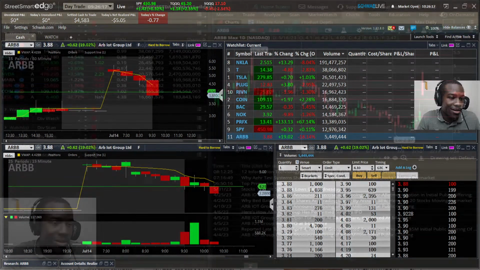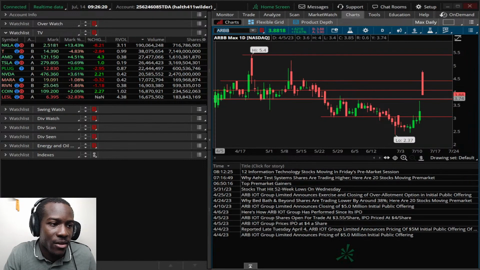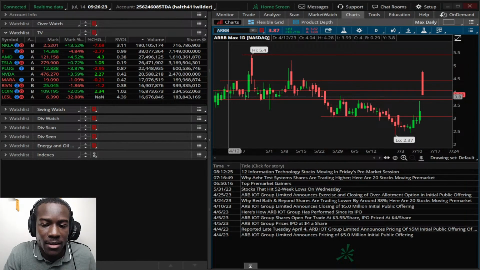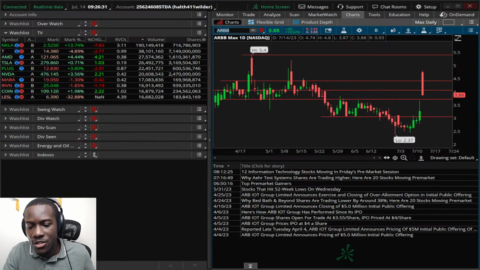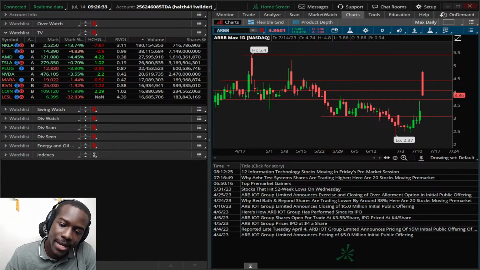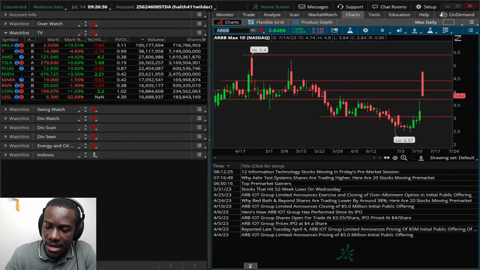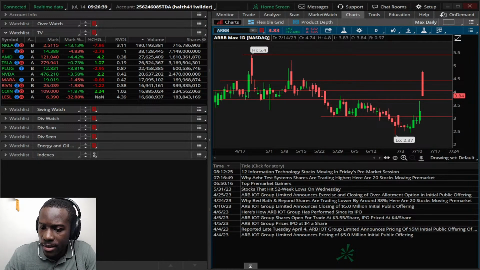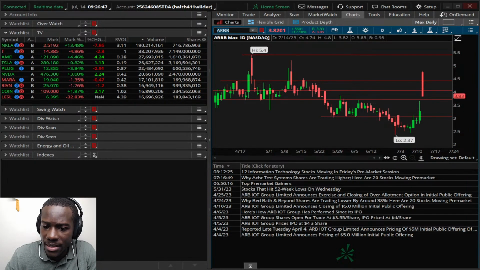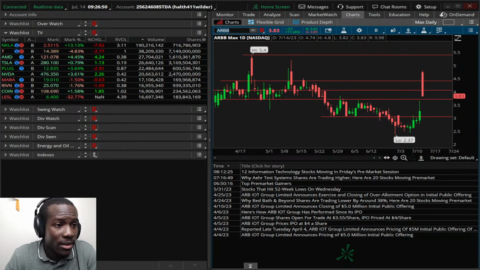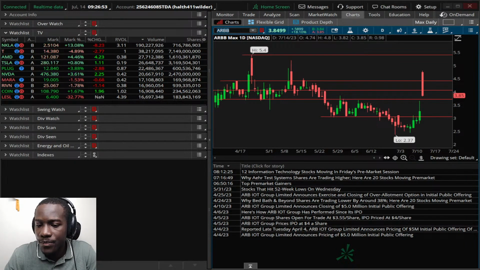And now it is pushing into the second half, and this is what I didn't want to see. It fell to this second half, man. That thing is getting on down there, and it's only up 18% now. So PRFX taking the day. I kind of jumped the gun on ARBB, not really giving it that first hour to play and show me its true colors. But I was like, let me just size down just in case this thing does want to flip back. And the other thing was my cost average and all of that was not calculating. I didn't know where I was in. I had to go to the website and check it. So, you know, 50 bucks.